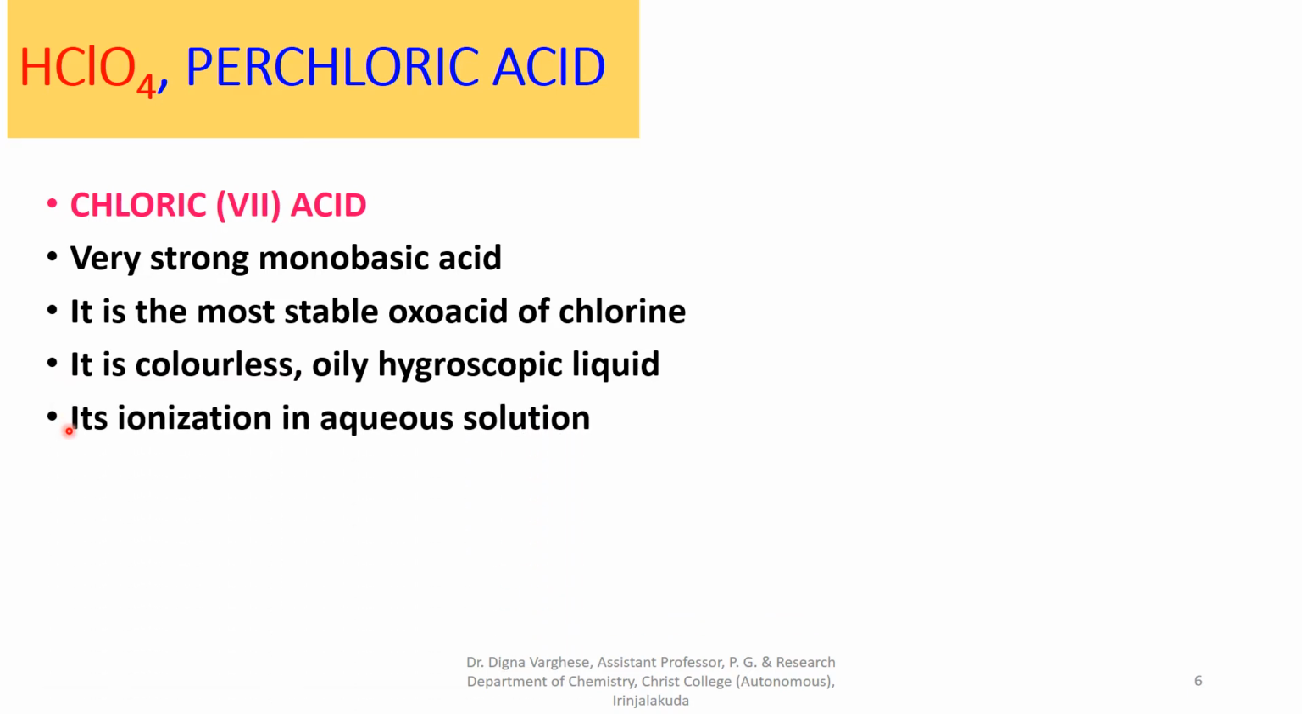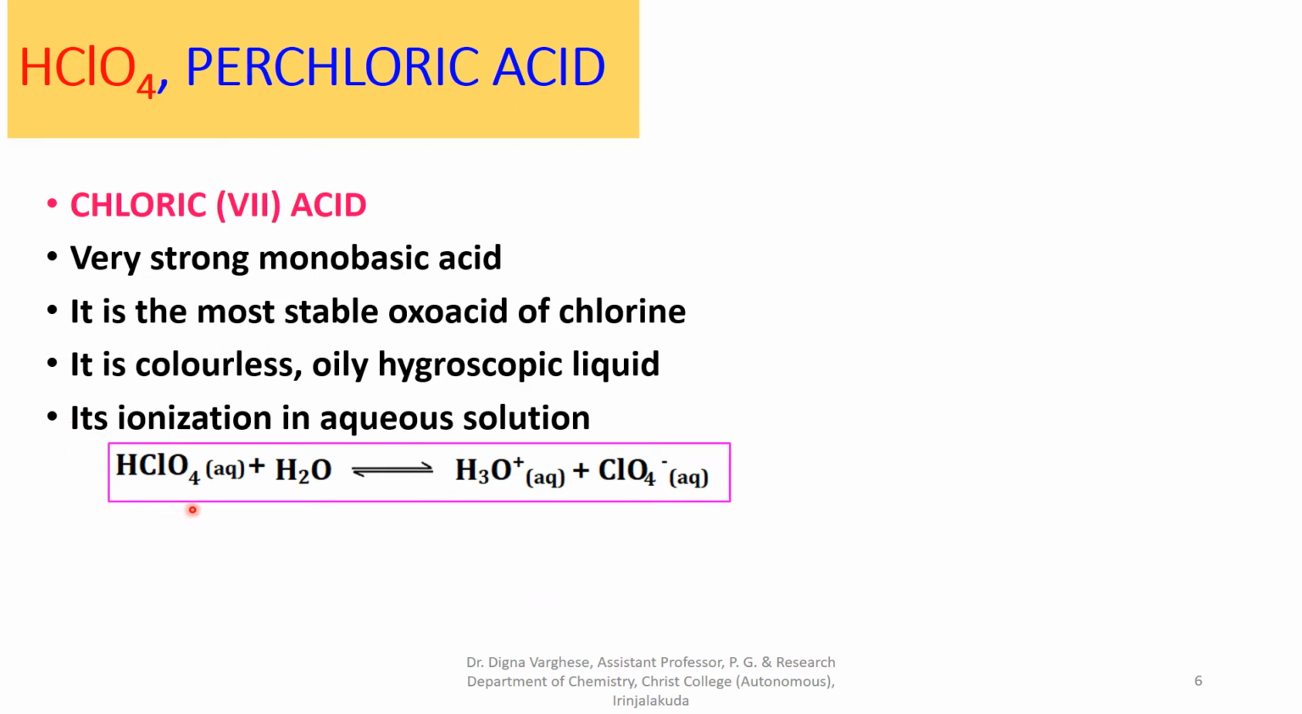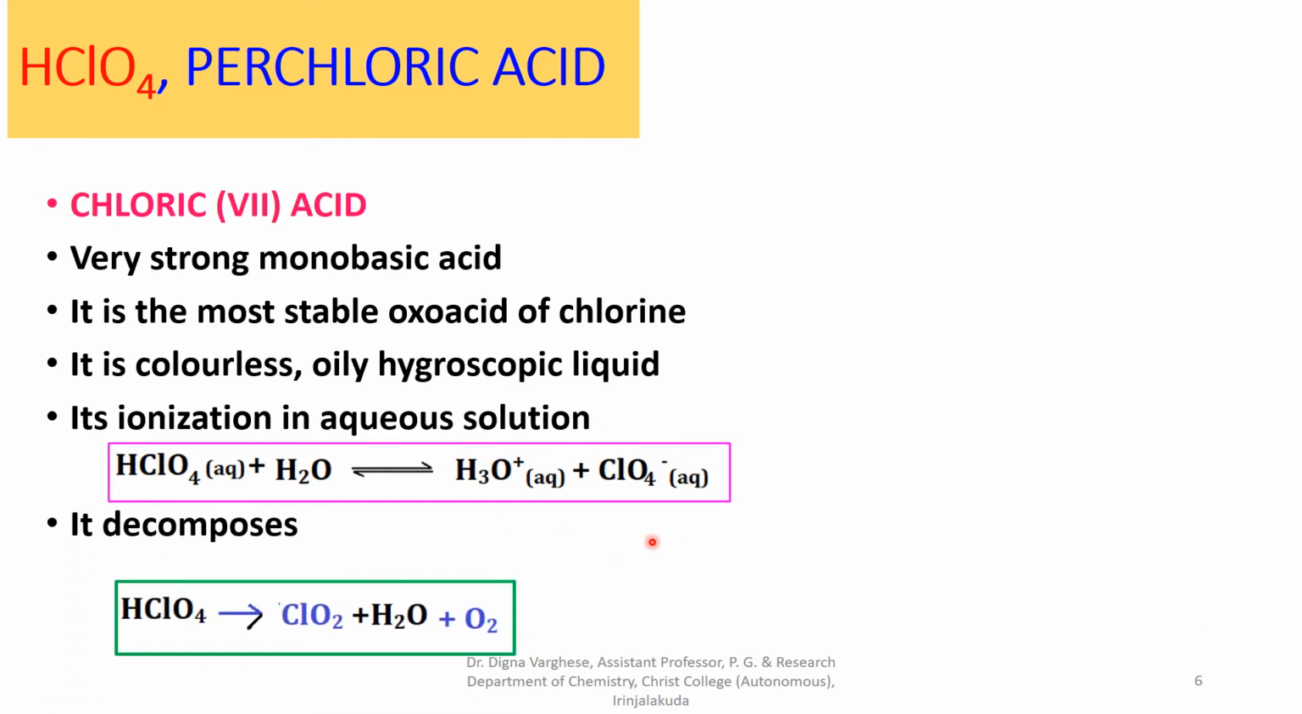It is a colorless, oily, hygroscopic liquid. Its ionization in aqueous solution shows it acts as a monobasic acid, with HClO4 in water giving hydronium ion and ClO4 minus. It decomposes into chlorine dioxide, water and oxygen. Its structure is